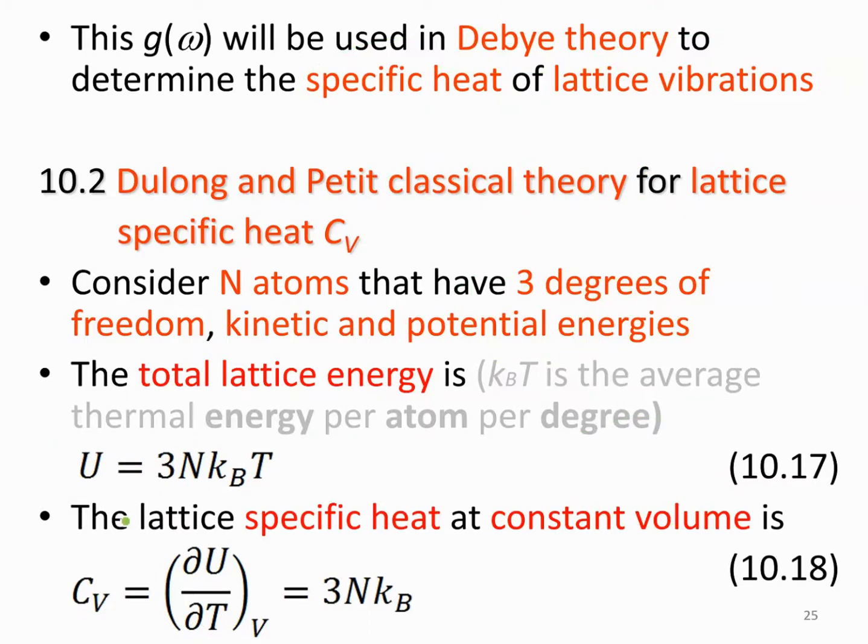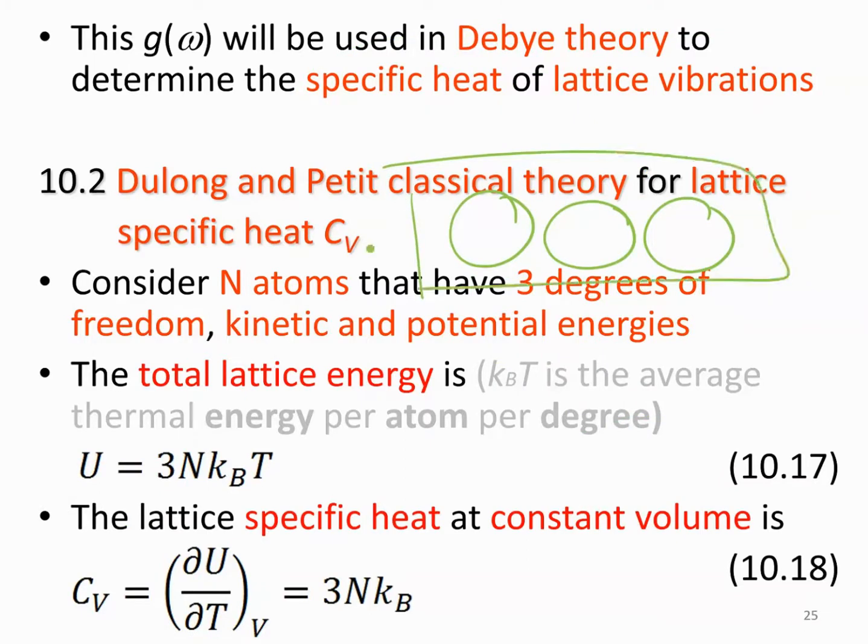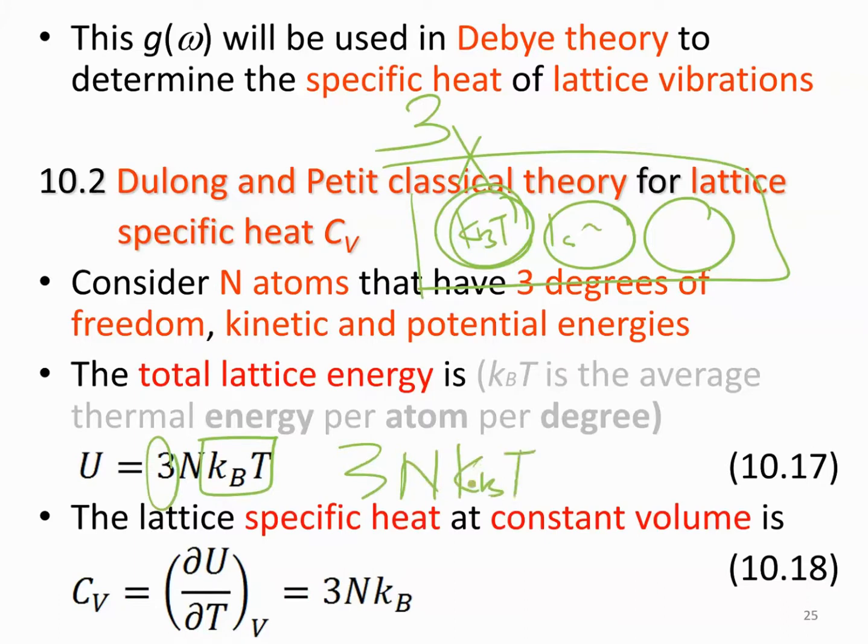So we assume that, let's say I have 3 atoms in one system, and all the atoms have the energy of kBT, kBT, kBT. Each atom can have 3 degrees of freedom, so it's 3 times kBT, 3 times kBT. If I have N number of atoms, then it will be 3N kBT. If I only have 2 atoms in the system, then I will have 3 times 2 times